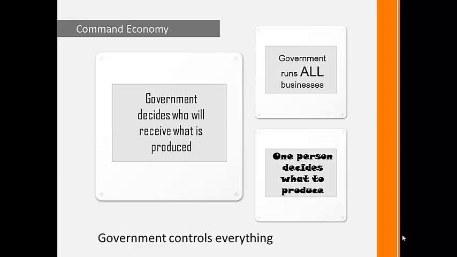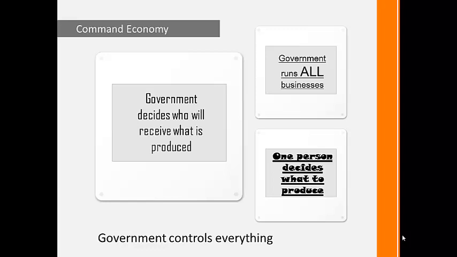A command economy is a system in which a country's government makes all economic decisions. In this system, one person, usually a dictator or a group of government officials, decides what products are needed based upon what they believe is important. The government owns all production and runs all business. It decides how goods and services will be produced and controls all job opportunities and workers' benefits.